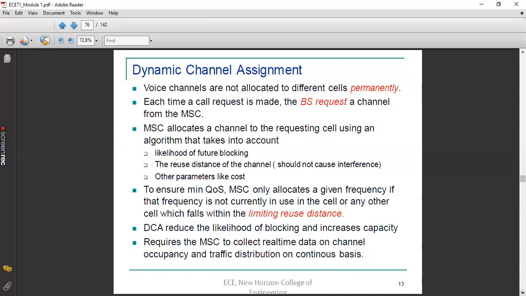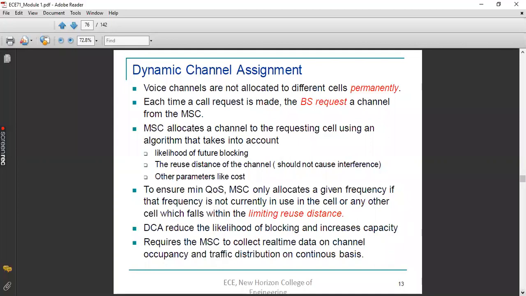If the MSC observes that all the channels assigned to that particular user are currently in use or busy, it will try to allocate another set of channels from the neighboring cells by following some algorithm. There will be software at the back end. That software will execute, and depending upon that, a specific number of channels will be assigned to that particular user under that base station. So who is going to assign the channels? MSC with the help of base station.